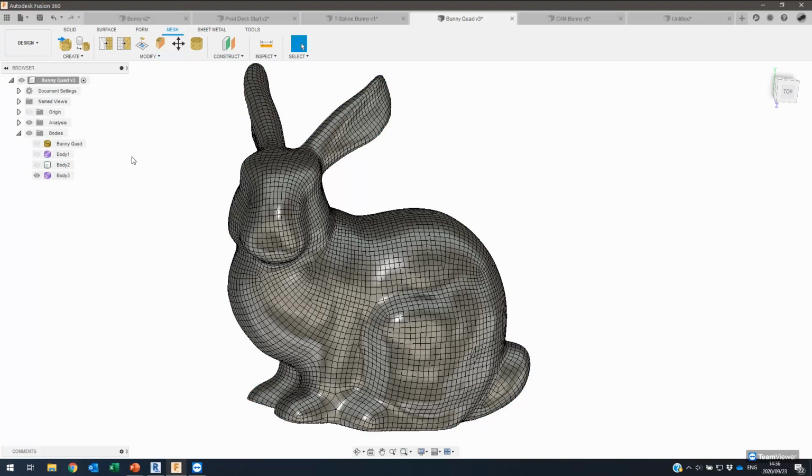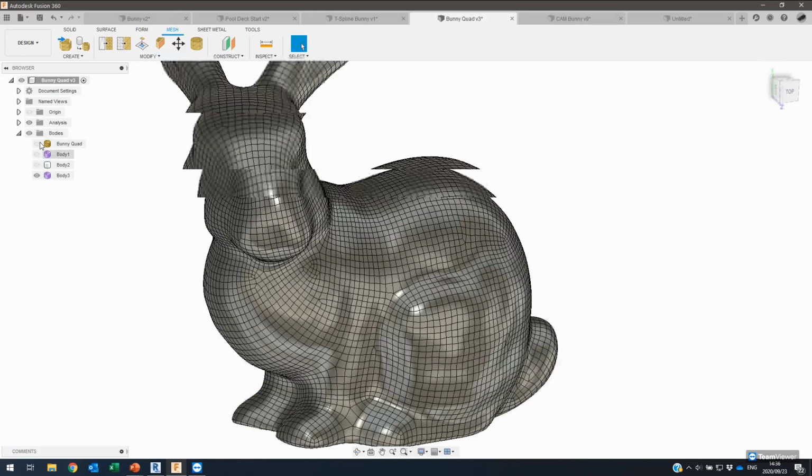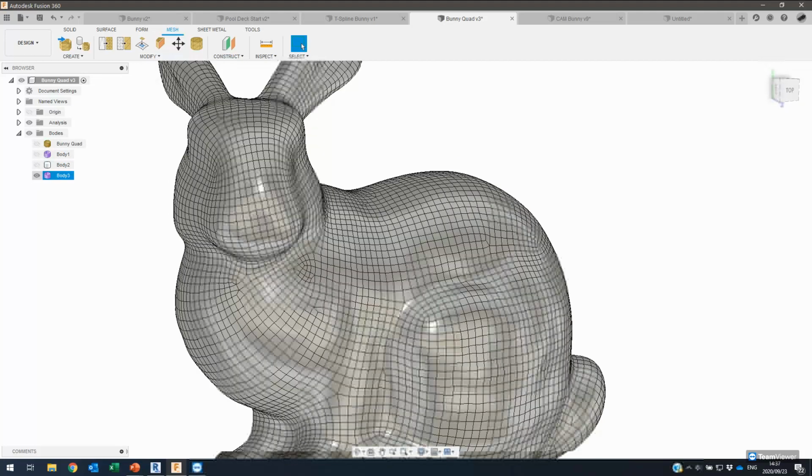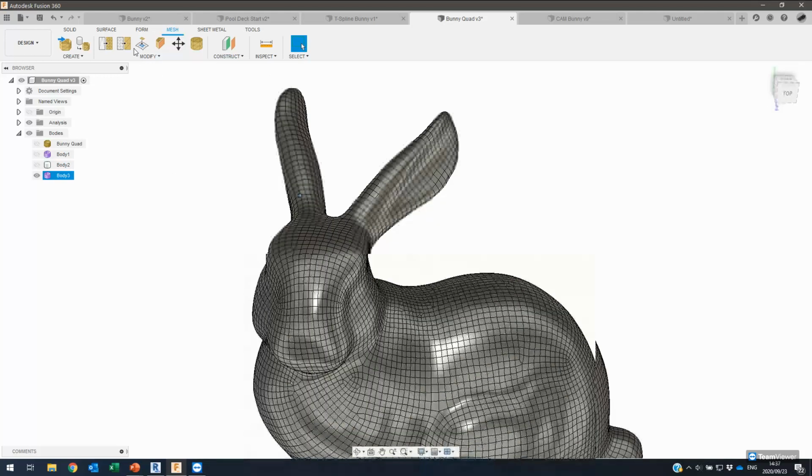And quite quick in this case because of the mesh size, and the quad mesh has been turned off, and then the T-spline body here, visibility has been turned on. So this now is a T-spline surface. If I wanted to modify this, I would easily be able to go in